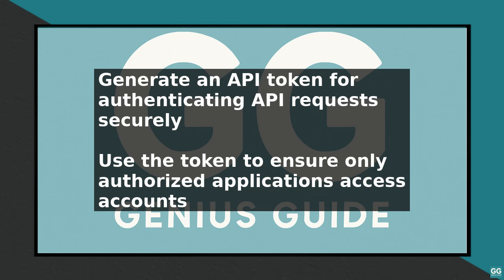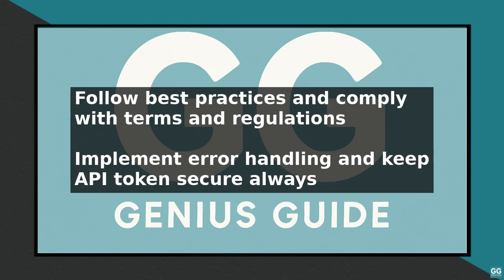Practical examples of using the Revolut Business API include building a custom accounting integration, automating payment processing, or creating a mobile application for expense tracking. By following this guide and the official documentation, you can unlock the full potential of the Revolut Business API and